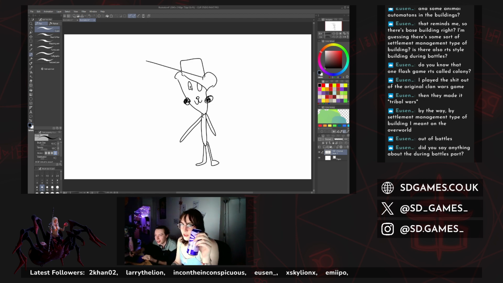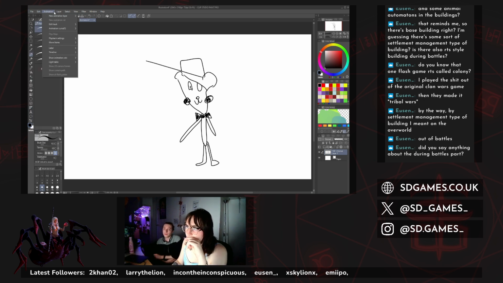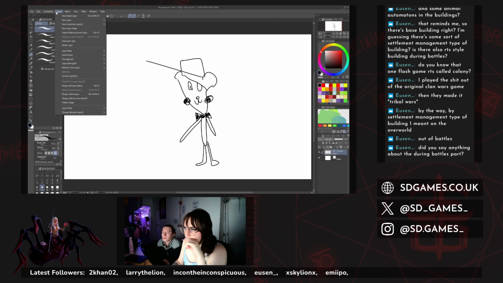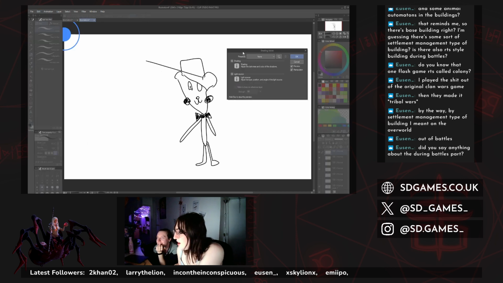See anything about the during battles part? Yes, I did. I'll get to that in a bit. Let me just show you this really cool feature. They added a feature. If you go into, I think, a layer, it is called Shading Assist. And you click on it and it becomes the real Freddy Fazbear. It's gonna make 3D Freddy Fazbear.